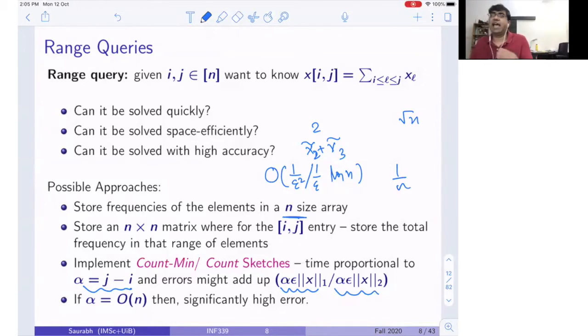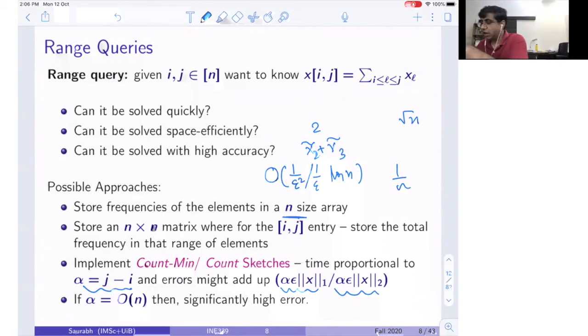The point is that we have this leeway that we could be wrong. Can we utilize that to do this efficiently, space wise, time wise, and everything wise? This is a very simple question. Forget about xi. Even if I give you numbers from 1 to n, no deletion, just insertion only, this question is equally interesting.